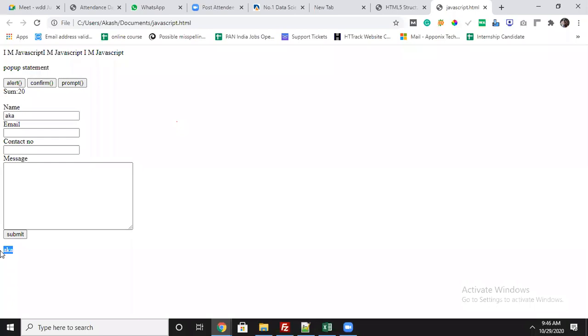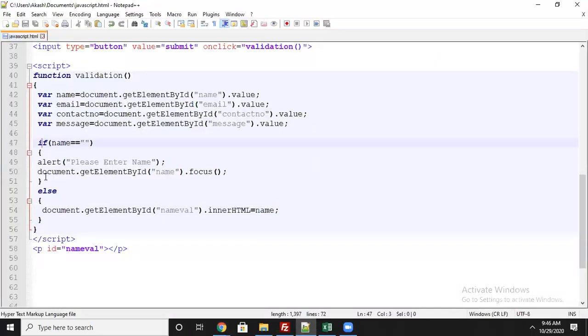What does the else if ladder do? It will check multiple cases one by one, based on the condition. If anywhere it is false, the message will be printed. Let me show you how to do the else if. Now, the if is over, and the else if is next.